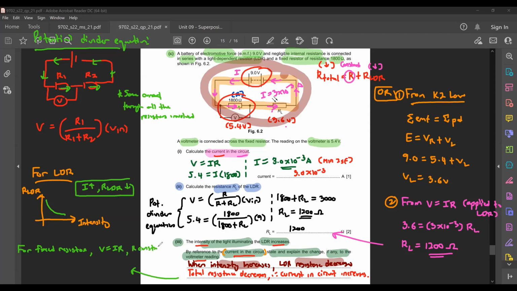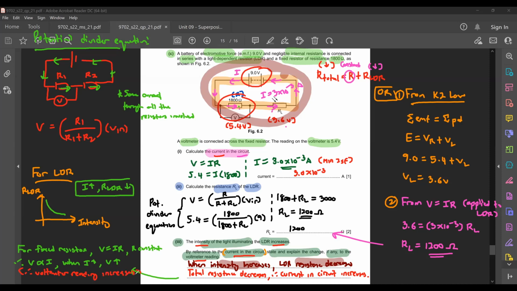R is constant, therefore V is proportional to current. Okay, so when current increases, V increases. So I can say, therefore voltmeter reading